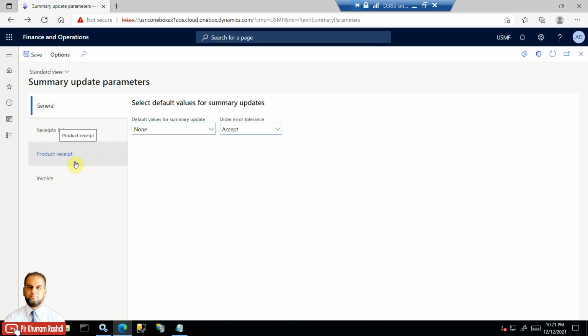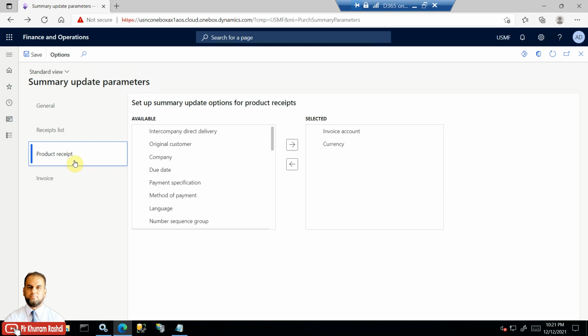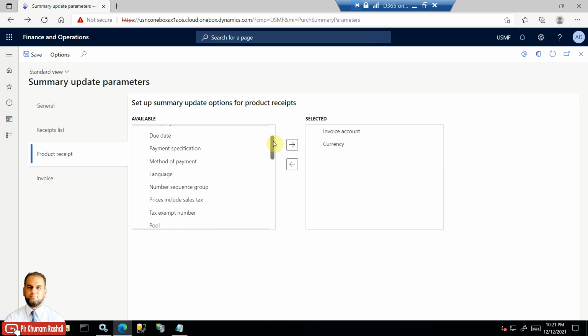But what about these other tabs? Basically, whenever you are doing a product receipt and you are using the summary update feature and using arrange, based upon the selected fields, it will create multiple documents. For example, if we have selected invoice account and currency, the system will choose the common invoice account and currency, and for each different combination, it will create another product receipt. So based upon these criteria, all the fields are available here. But the mandatory thing is that the invoice account needs to be the same, otherwise it will not let you do it. There can be a due date, there can be terms of payment or method of payment